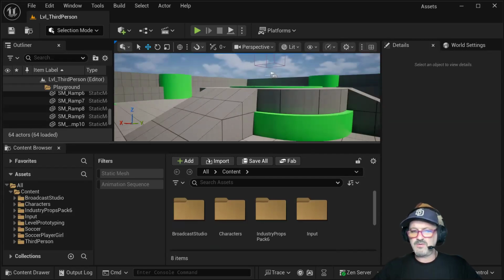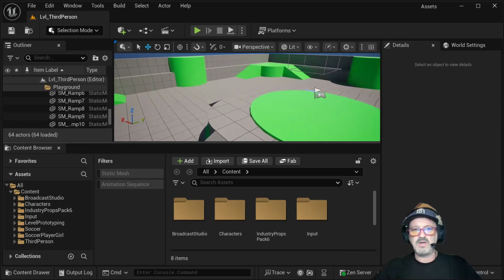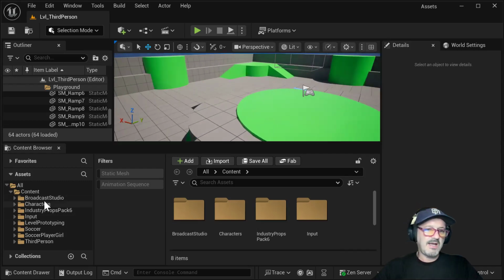Do know that it's a little over 2 GB, so it might take a while. But I have a bunch of content here that I want to get into my soccer project. And we'll look at these. Some of these are really cool once we get these migrated. Okay, so what we need to do is, with the project open,